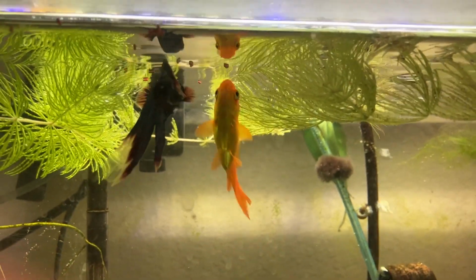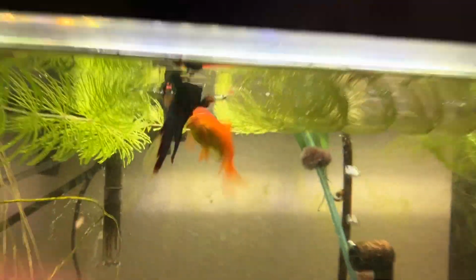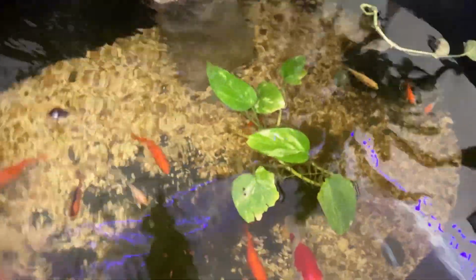Yep, you saw him take it, and you saw these goldfish. Goldfish will eat anything, anytime. And I'll throw some more in here for these guys. They like that. Look at that. They just suck that down. All right, so let's go ahead